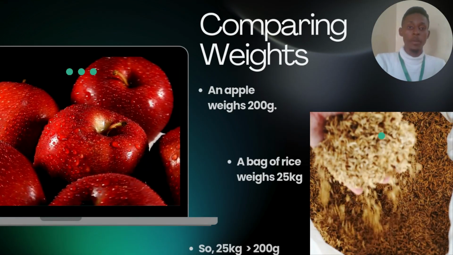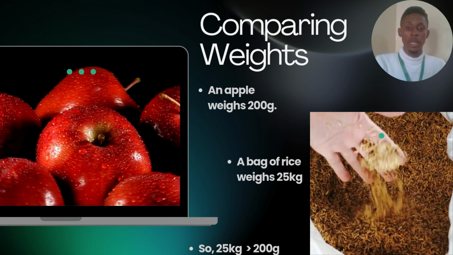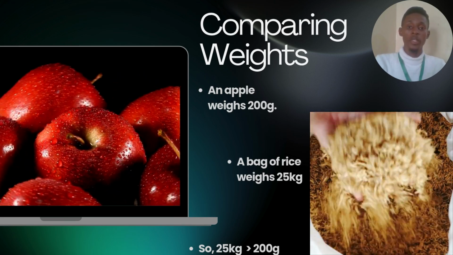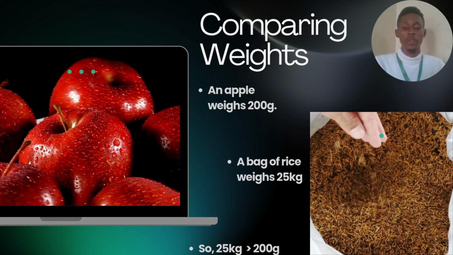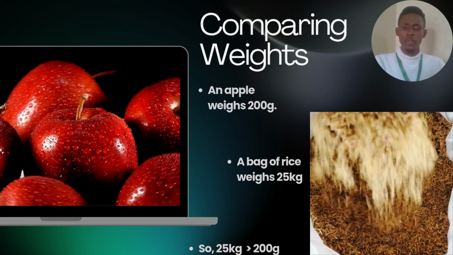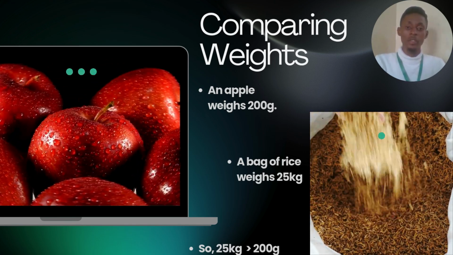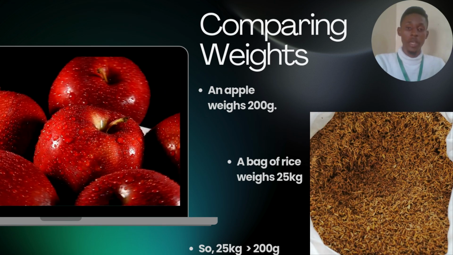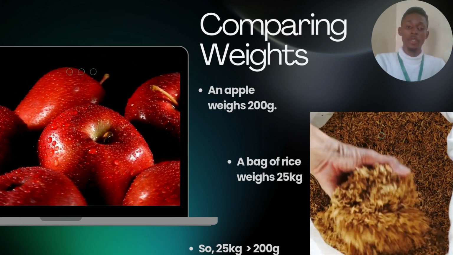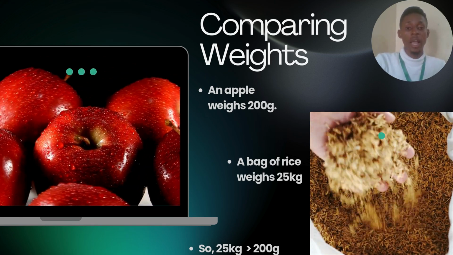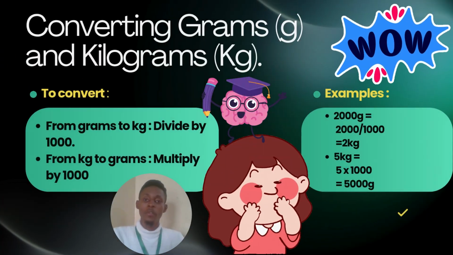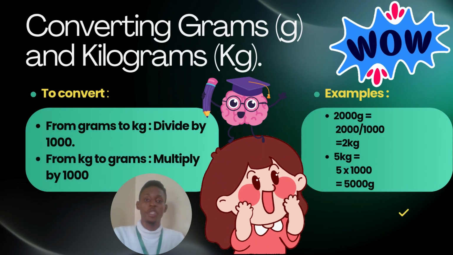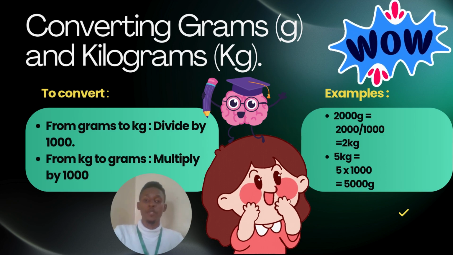So we're looking at some comparisons between weight. That's an apple that weighs 200 grams and a bag of rice which weighs 25 kilograms. So we get to understand that grams and kilograms are two different weights. Okay, now 12 kilograms is higher than that of grams. Now take note, converting grams, the short form is g, and kilograms, the short form is